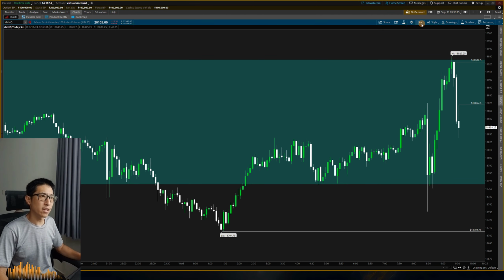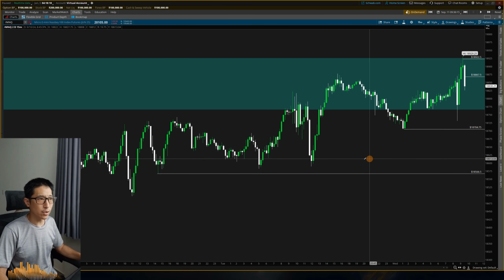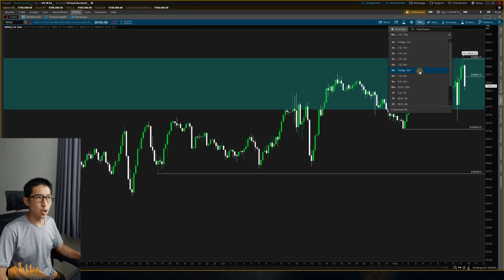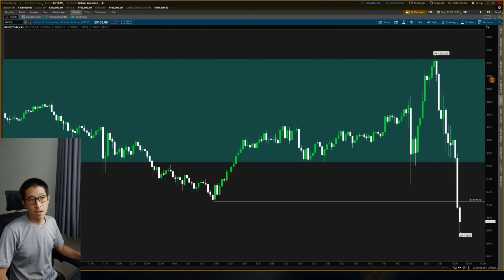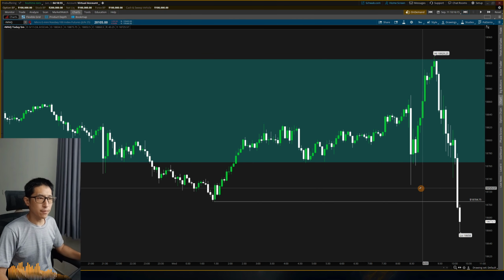Take the second one, and of course, below this low, we already know that we have relative equal lows. 1, 2, 3, a triple bottom that we could be aiming for should we start getting displacement lower. All right, so a little choppy, but we do have a shift here. We have a bearish breaker, and we have this fair value gap here.